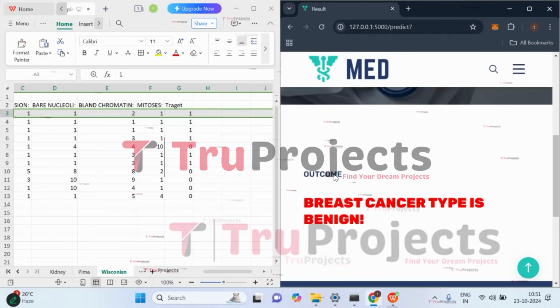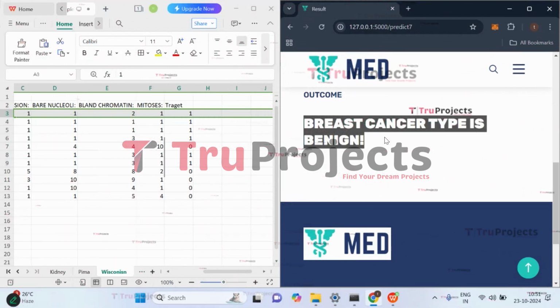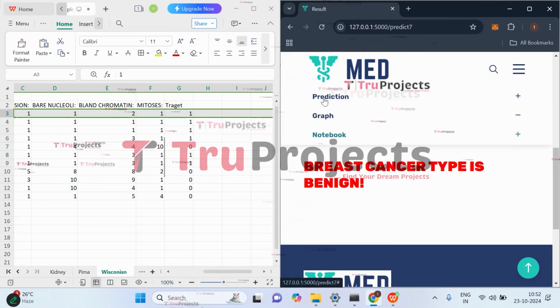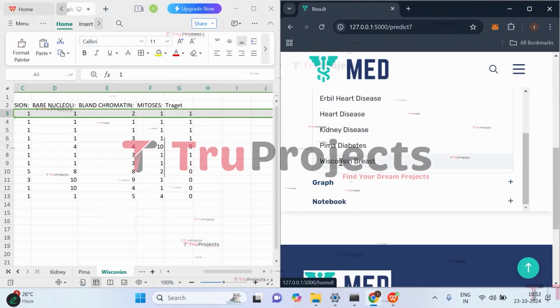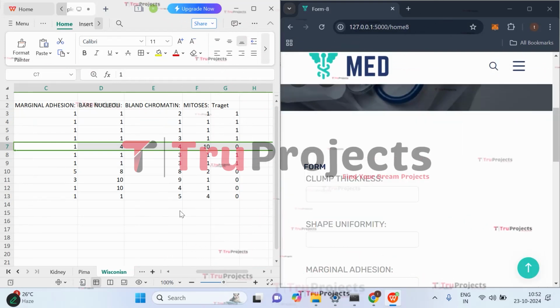So here we got the prediction that breast cancer type is benign. So here it means that the person has no breast cancer. Benign is nothing but the person doesn't have that disease. So let's try with the other test case. Click on Wisconsin breast cancer. So let's try with this test case